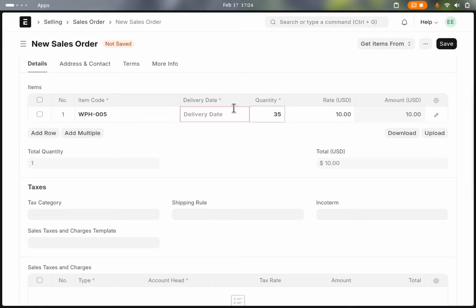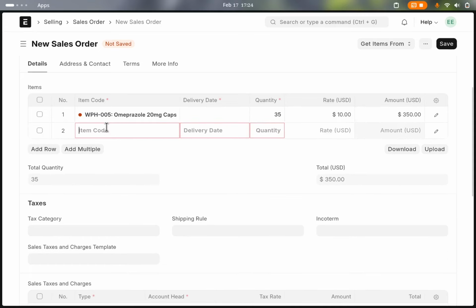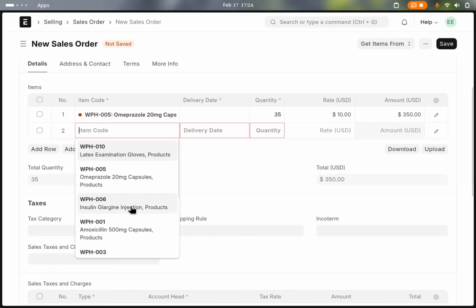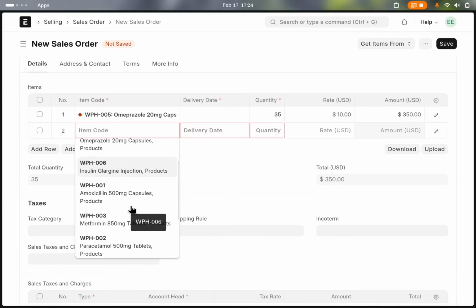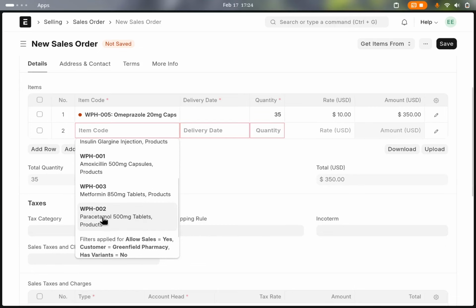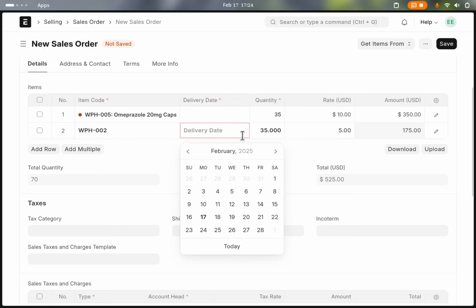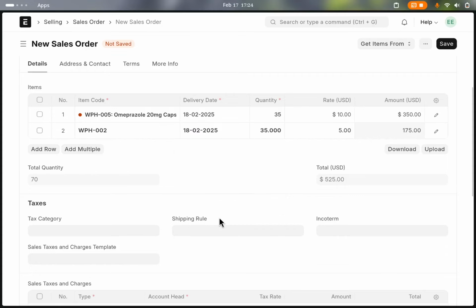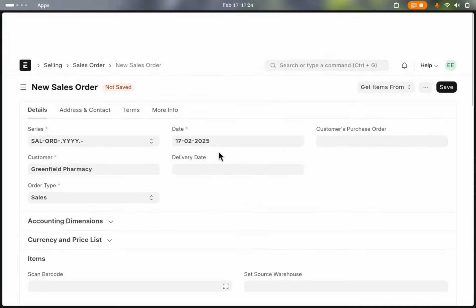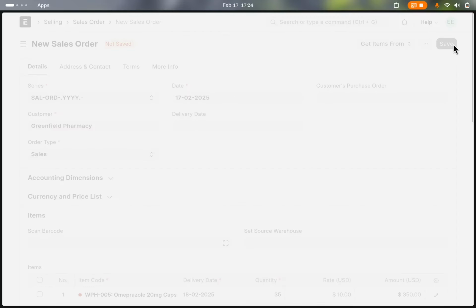Let's use 35. Let's add another item as well. Paracetamol. Let's use 35 as well. We also need a delivery date. So today is a Monday. So let's set it for tomorrow morning. All right. And if we save and submit this,